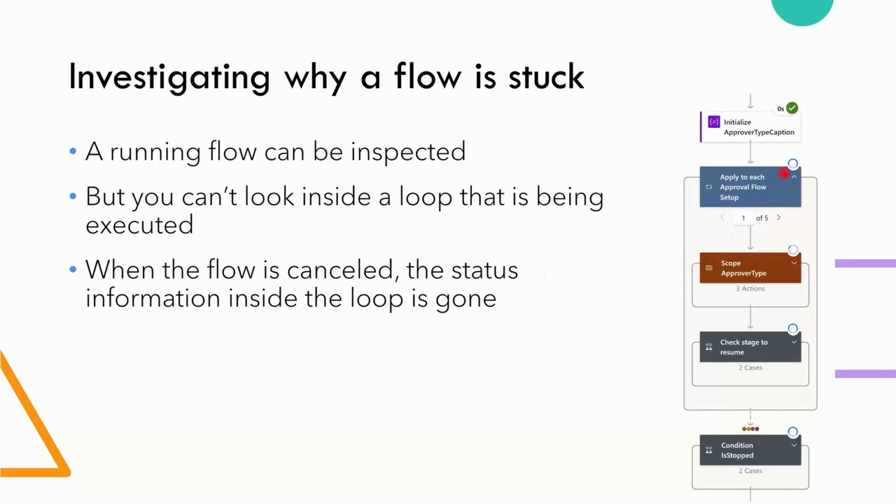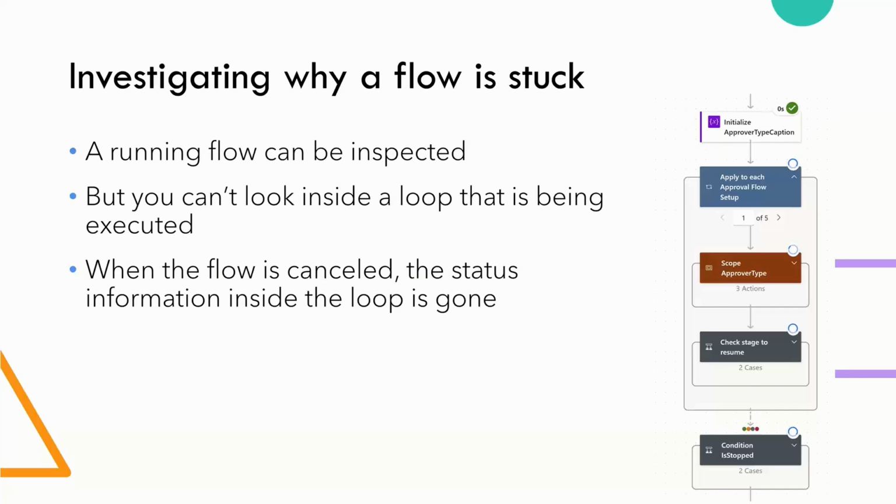So what you would see is this at the right top corner of that step, and it's running and running and running, and you have no idea where it is. You cannot really see the details of it. So in other words, be careful with loops, especially when that loop contains the create an approval request, because then it will stop inside the loop and wait for the user. And at the same time, I have no idea where exactly it is, and is it waiting for something or not. The loops are a little bit not so useful when it comes to debugging, I would say.